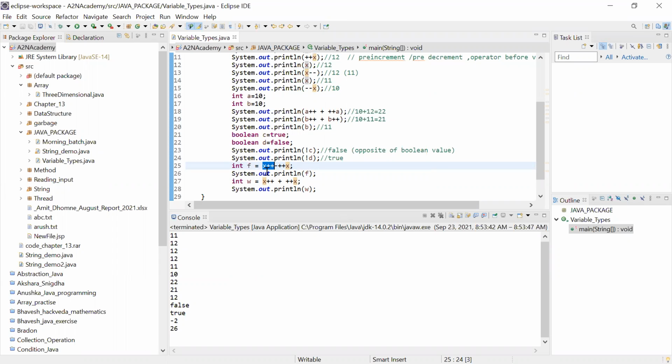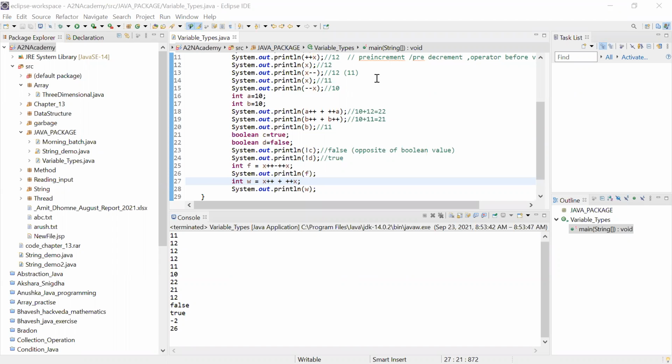Here it will be 10 only. This is your pre increment, so it will become 22. So it is minus 2, it is giving 10 minus 12. So this 12 value here, you are going to use 12. It will become 13, 14. So it is 12 plus 14, it will give you 26.